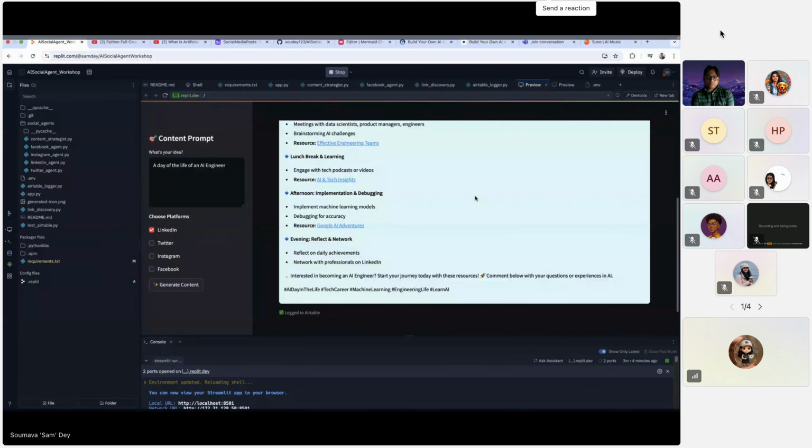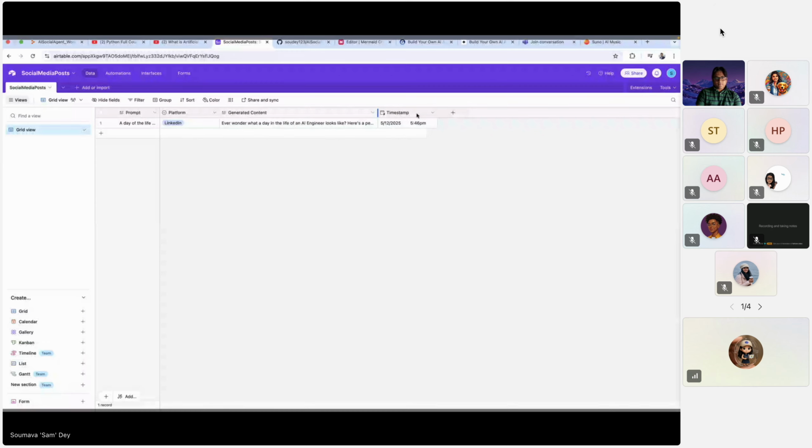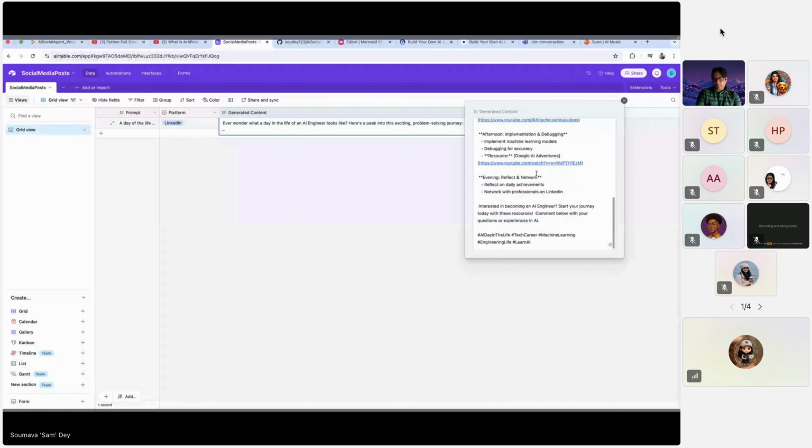Yeah, Sam, thanks for the demo. I have a quick question. So first, a few questions. The first is, what's your idea? When you do the Airtable, you said you wanted to track what prompts work. You're tracking what you are inputting here as what's your idea. Is that right? Yep. There you go. Okay. I'm showing the Airtable right now. You are not necessarily iterating on the system prompt per se that you put in for each social platform. Not here. Not here. Okay, but in future,